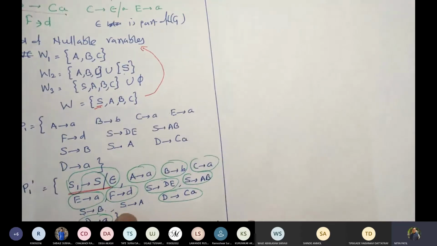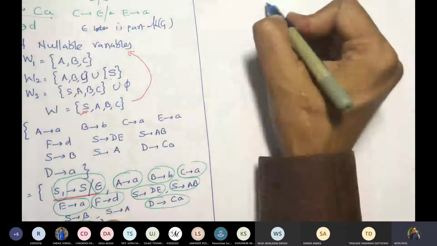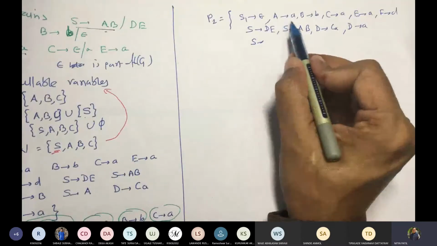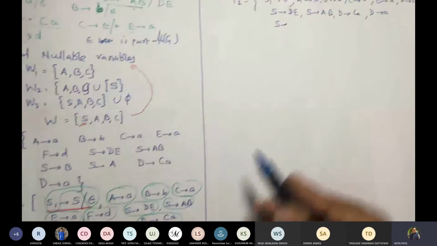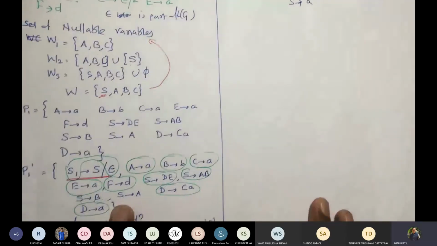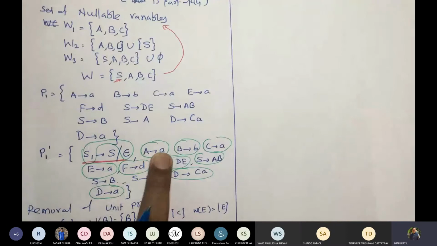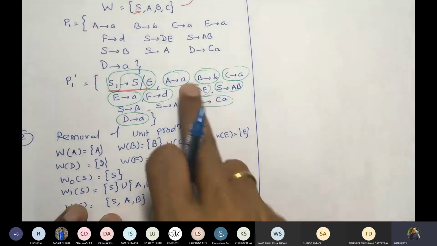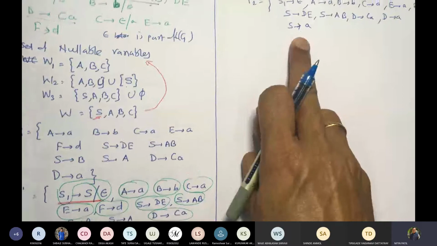So let us first talk about W of S1. S1 gives A. What does A give here? A gives A. That's why S gives A. Why did we do that? A gives A and we have S gives A, and as A belongs to W of S, whatever A gives, which doesn't contain any variable, would be added as it is. So we got S gives A.